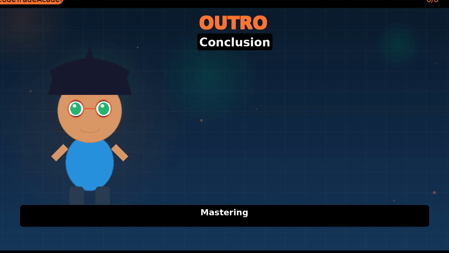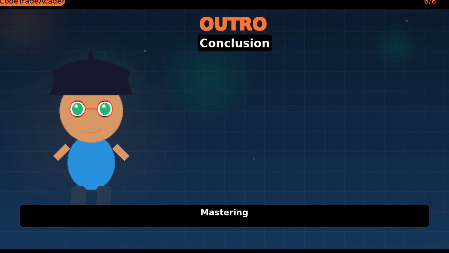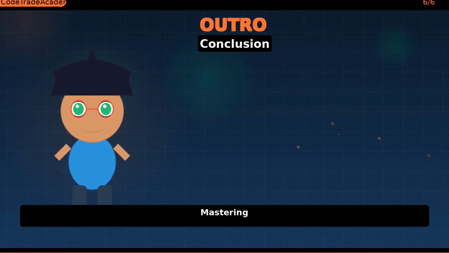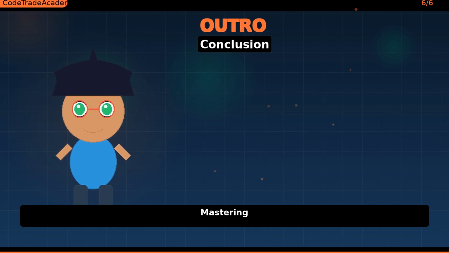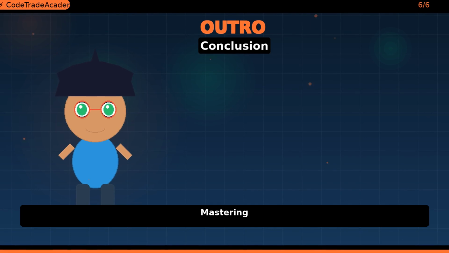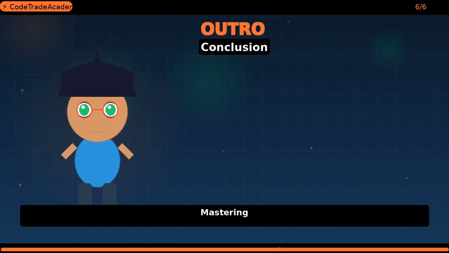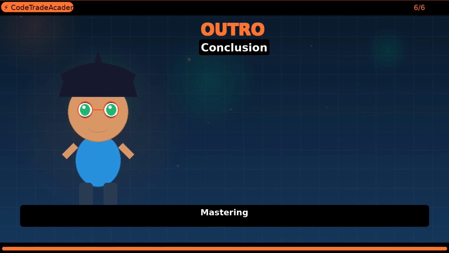And that's it, traders. I hope you now have a better understanding of the power of MACD and how to use it in your trading. Remember, MACD is just one tool in your trading arsenal, and it's up to you to use it wisely. Don't be afraid to experiment and try out new strategies. And most importantly, always keep learning and